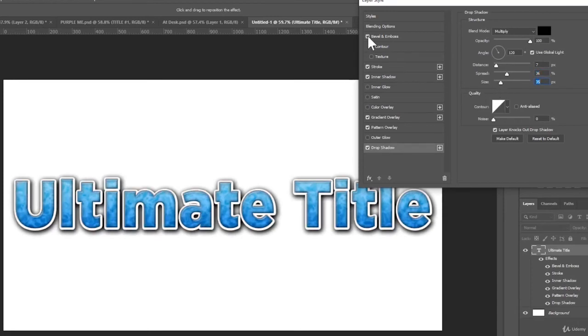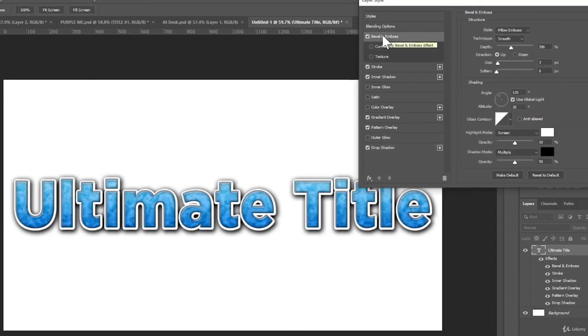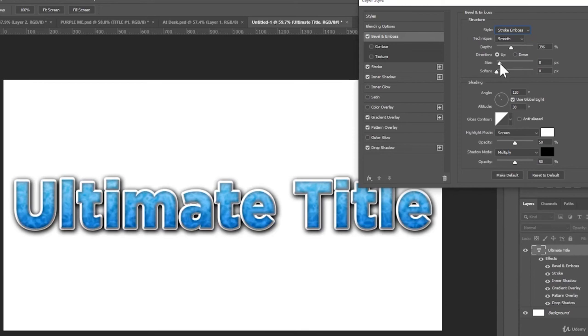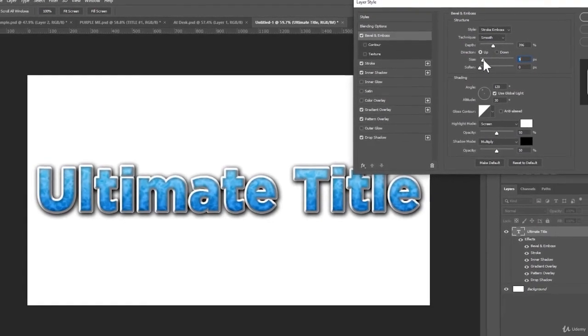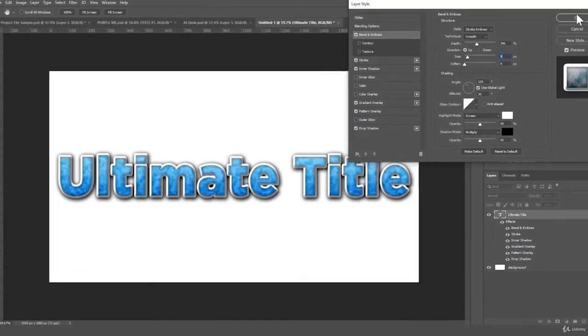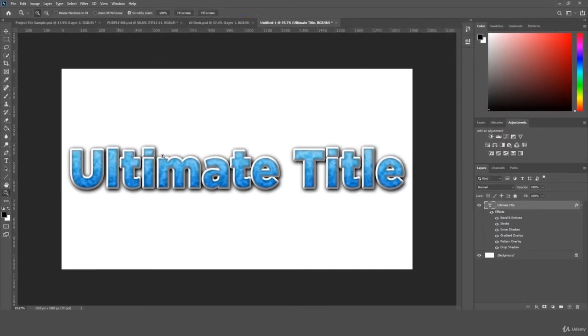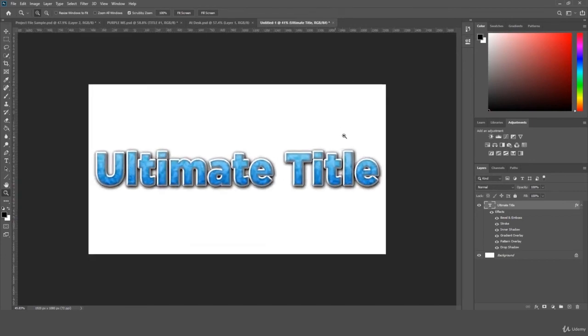Now I want to add the bevel and the emboss. Previously we knew that it was pretty much just making it look a bit more 3D. It's looking pretty cool. But there's one particular bevel style, which is if we click on the pillow emboss and go to the stroke emboss, we can turn up the size and emboss the stroke itself, which means we've got this real 3D type of look because it's actually embossing that stroke, which obviously means it's sort of pushing the text in the stroke out a little bit. That's sort of what it looks like. So if we come up here and press OK, we have a title called Ultimate Title, which is looking advanced,